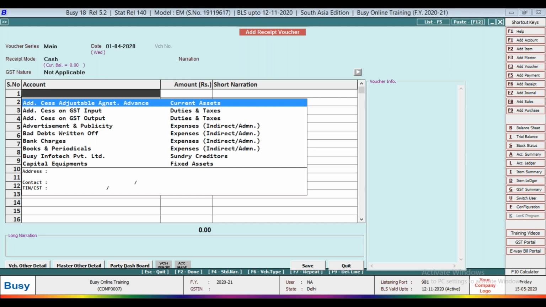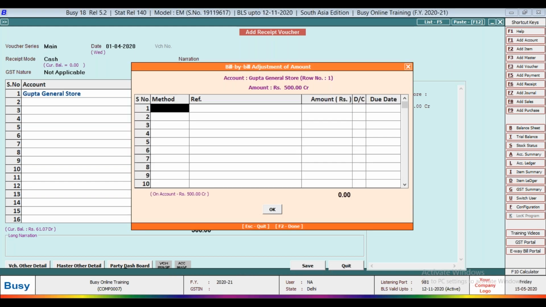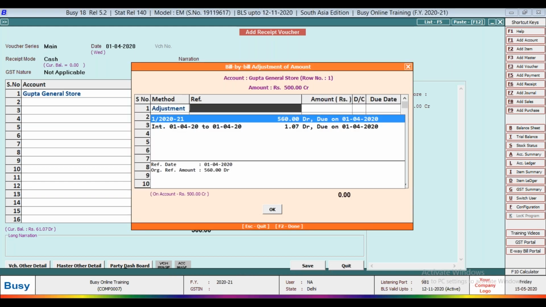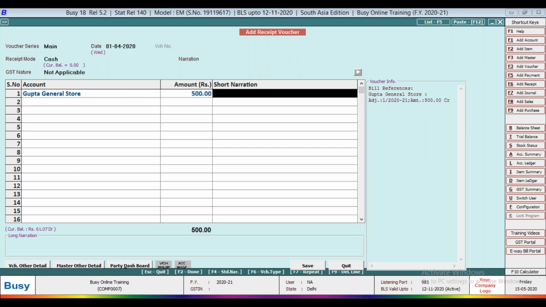Now I have received from Gupta General Store. How much amount have you received? Suppose I have received 500 rupees. Okay, so adjust the adjustment reference. We have two references. First, I adjust invoice. Press OK. Define narration.